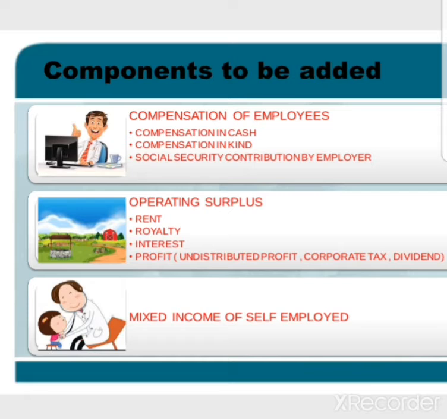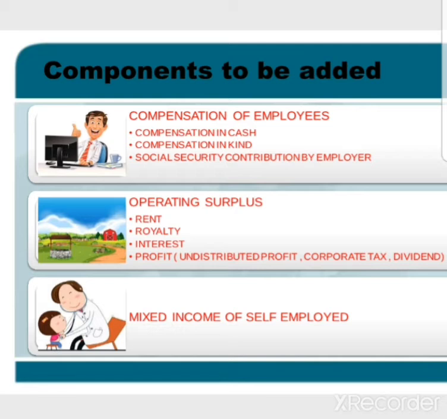But there is one more component, which is mixed income of self-employed. Mixed income of self-employed refers to the income of self-employed persons like doctors, lawyers, CAs, etc. It is known as mixed income because here we cannot distinguish between the different sorts of income like rent, wages, etc. For example, if a doctor practicing at his own clinic is charging rupees 500, then it includes a component of rent, wage, and interest as well. Thus, income earned by self-employed people is known as mixed income of self-employed.